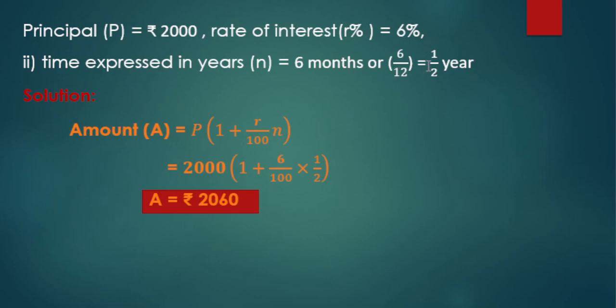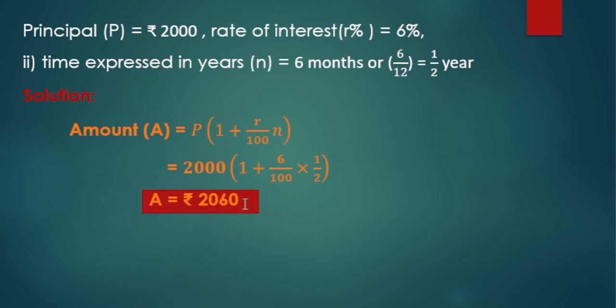So it will come to half year. So we have to use 1 by 2 as the number of years. Amount A is equal to P into 1 plus R upon 100 into N. Here, N is 1 by 2. After solving this, we will get amount A equal to rupees